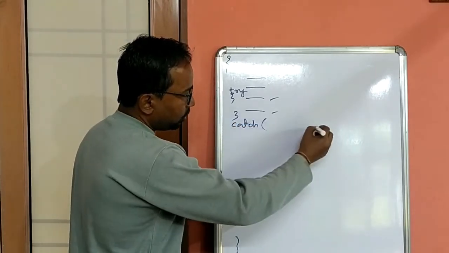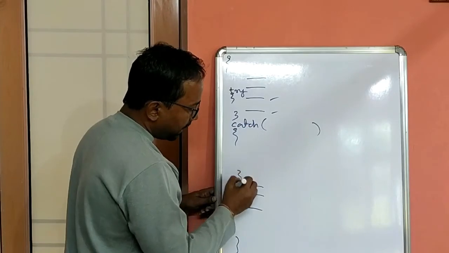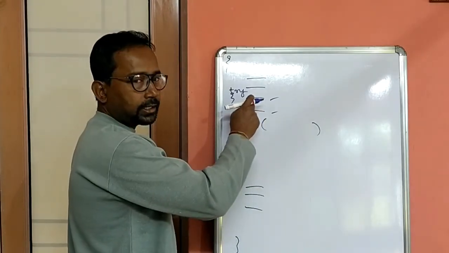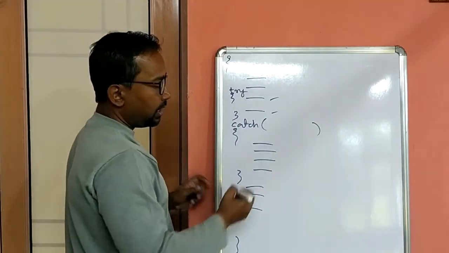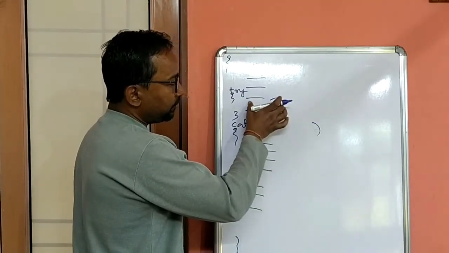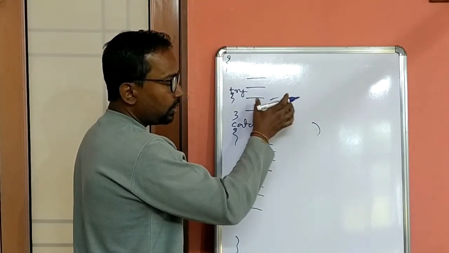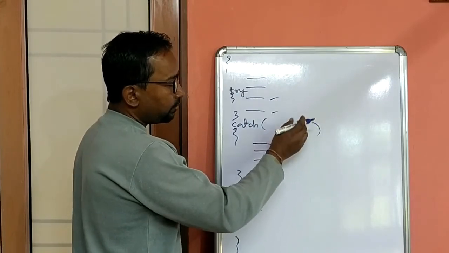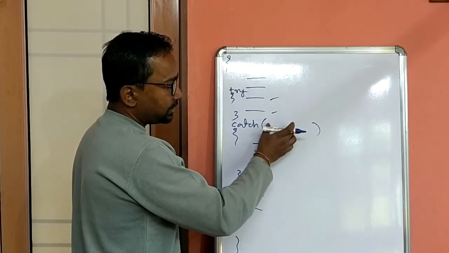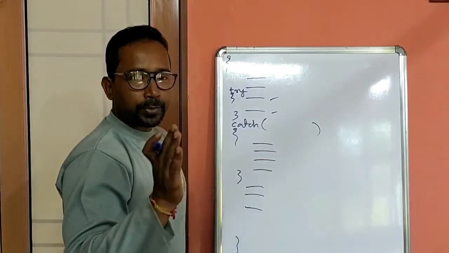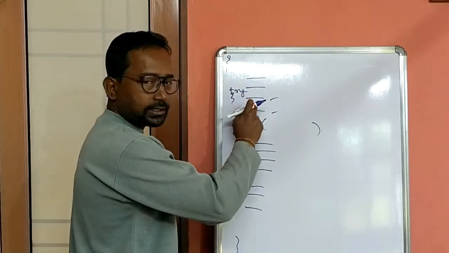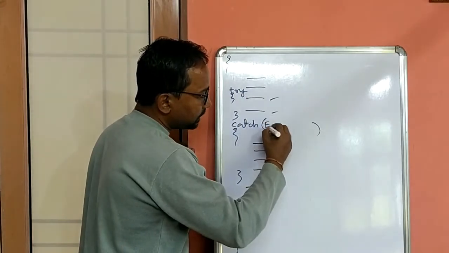This is another block which will handle the exception which has occurred here in the try block. So here we will write the code to handle the exception. And this catch block will catch the exception which has occurred here in the try block. How? Using an object. So here I have to declare one object of appropriate exception class which can handle this exception. If you don't know the name of the appropriate exception handler class to handle this exception, you can use exception class,